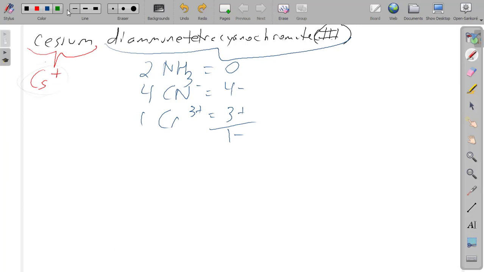All right, so let's see about putting this all together. Cation goes first, so Cs, then open the bracket for the complex. Chromium is your first entry because that's the metal. Then you have, and again, we'll just put them in order.